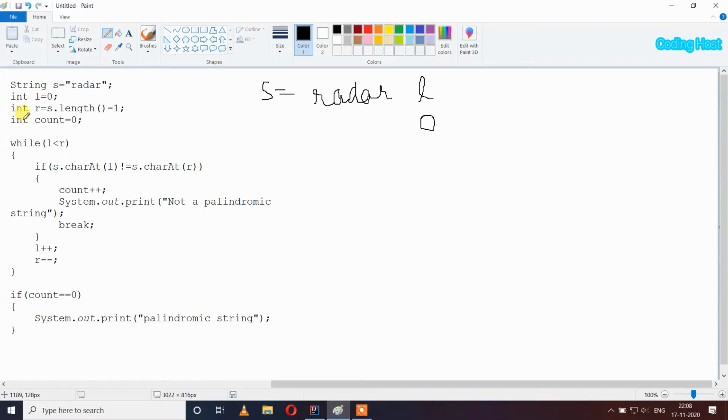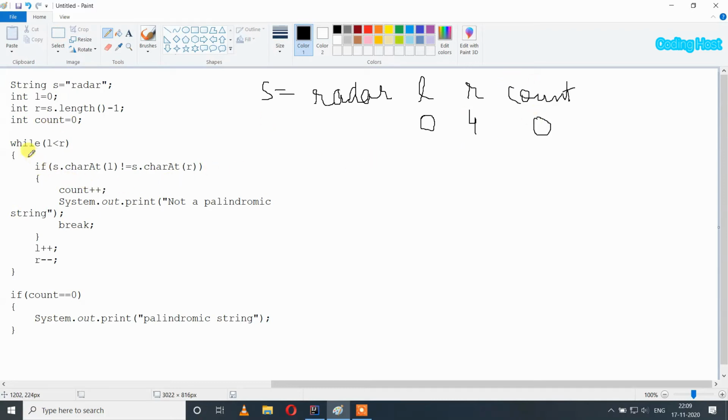After that I have taken a variable int r, so the r variable is equal to s.length() - 1. In this string we have 5 characters, so its length is 5, and length - 1, so 5 minus 1 is 4. So in this r variable we have 4. After that I have taken a count variable equal to 0.